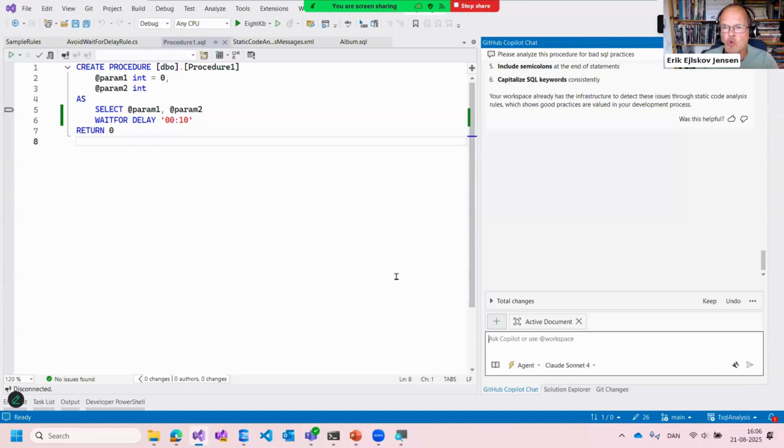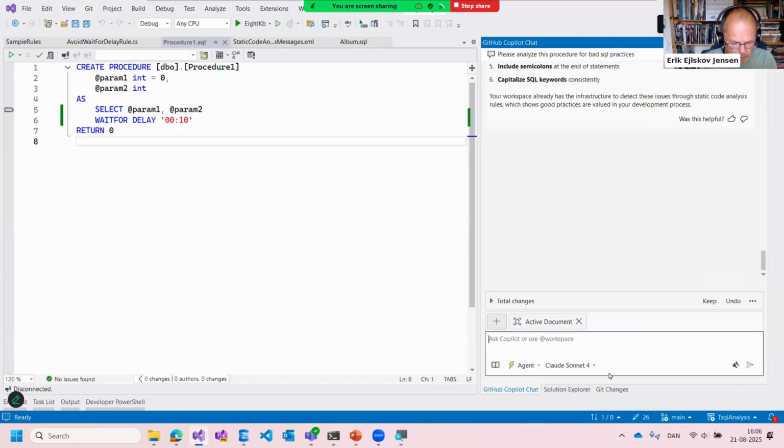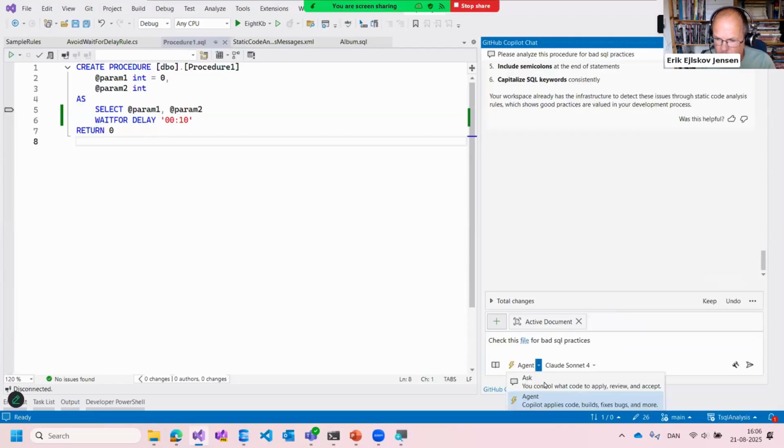By doing that, the tool will be available inside Visual Studio. And we can see the available tools here. So I can see T-SQL Analyzer MCP is available to me, and it has one tool called Find SQL Script Problems. So I can ask Copilot, check this file for bad SQL practices. And I also have to be in agent mode